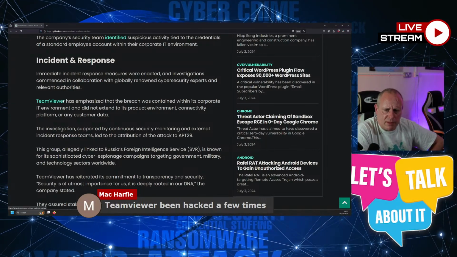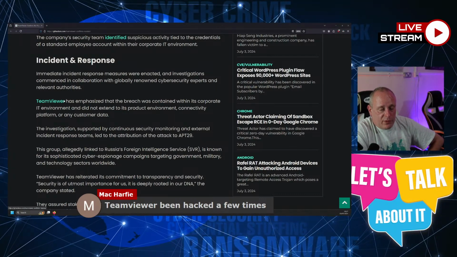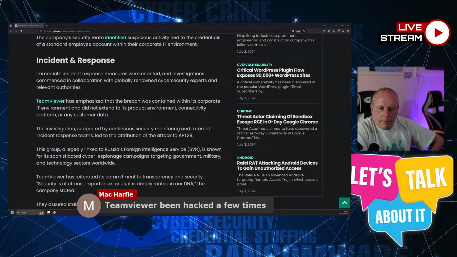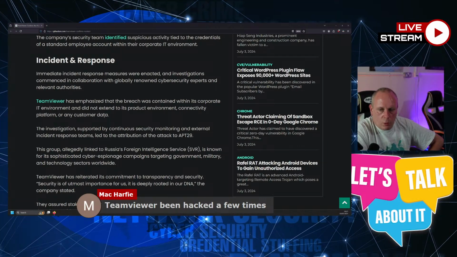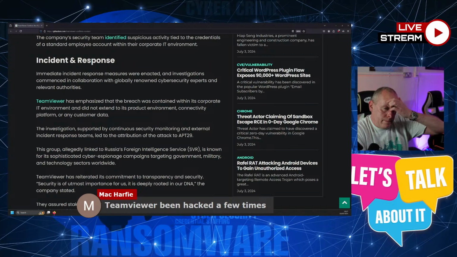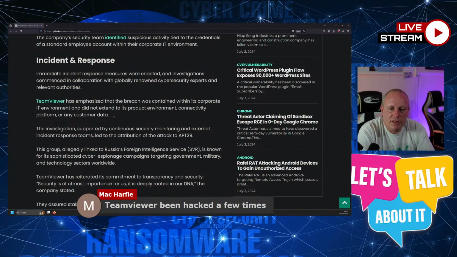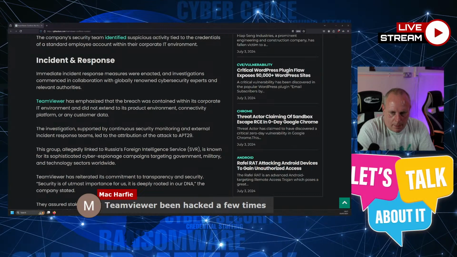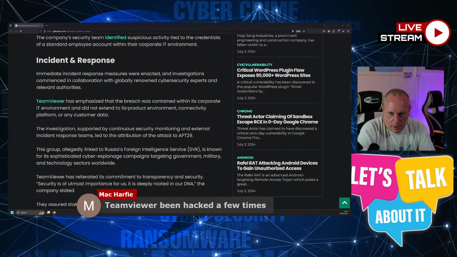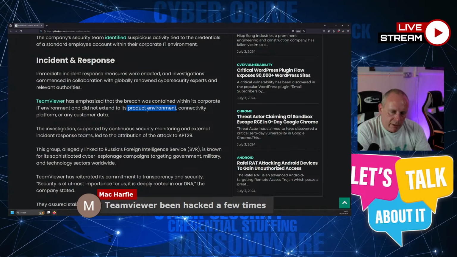We moved away from TeamViewer quite a few years ago. But yeah, they have been hacked more than once. It's very popular, and I still know a lot of companies that use it. But they're saying it's not in its product environment, so it's not actually TeamViewer itself, but their internal systems.